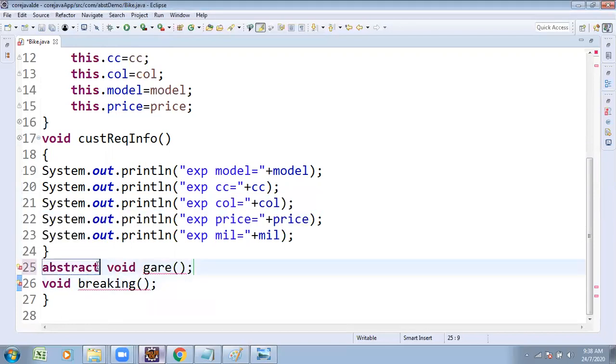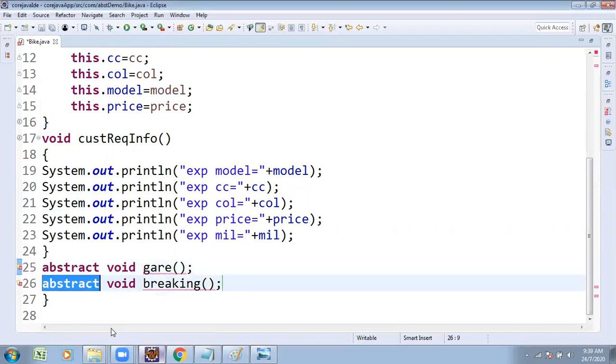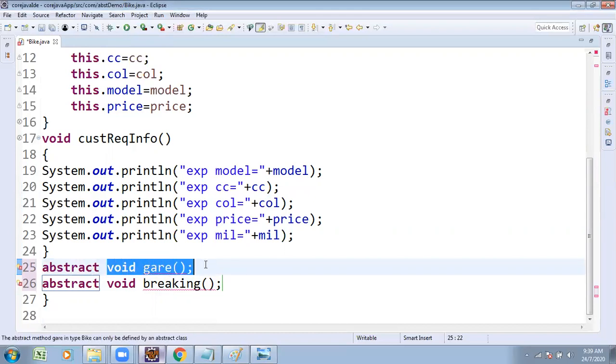Change the method to abstract, and here also change this method to abstract. If you don't want to write the method body, you must declare it as an abstract method. An abstract method must contain the abstract keyword. Similarly, the solution is still not working, so I change that also.